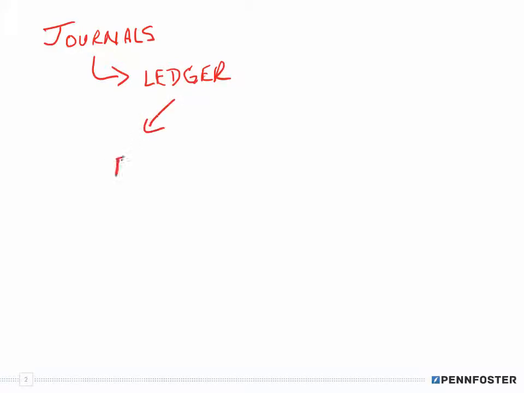In framework.1, basically I had talked about journals and how that information gets posted into the ledger accounts, and from the ledger accounts we create our financial statements. Okay, now